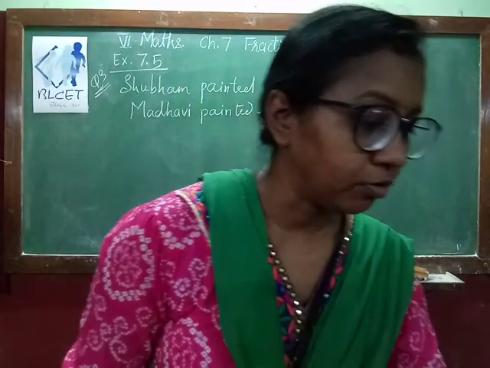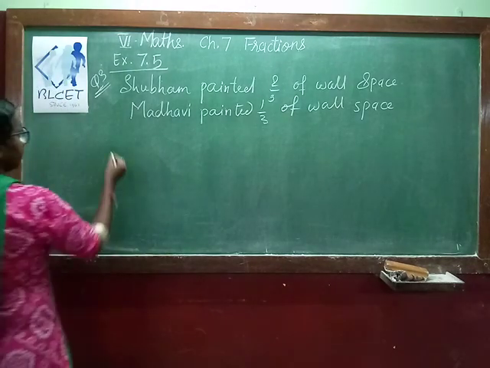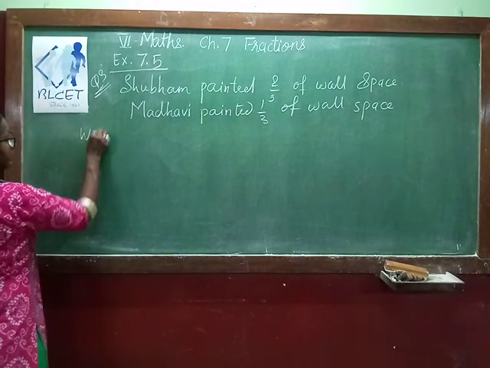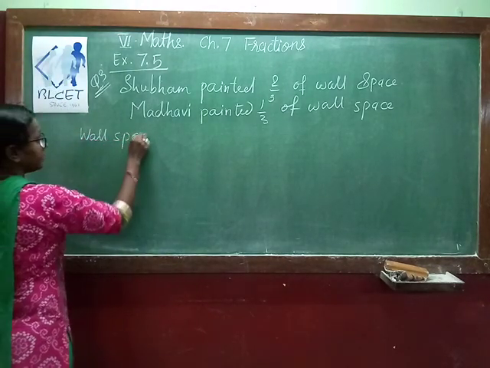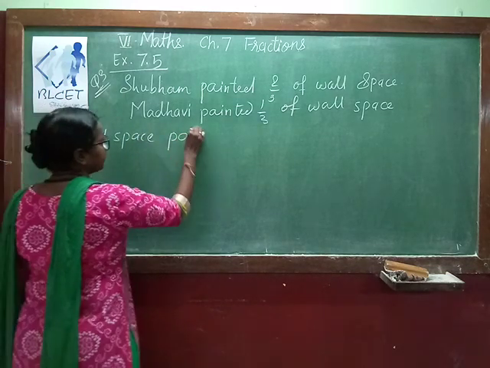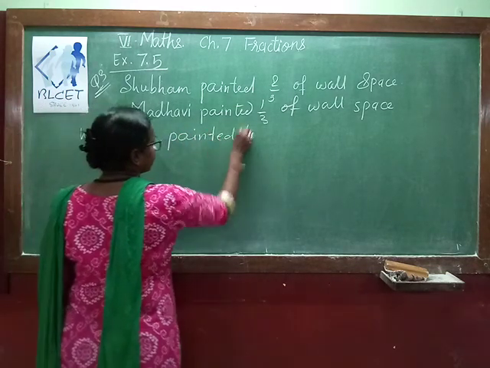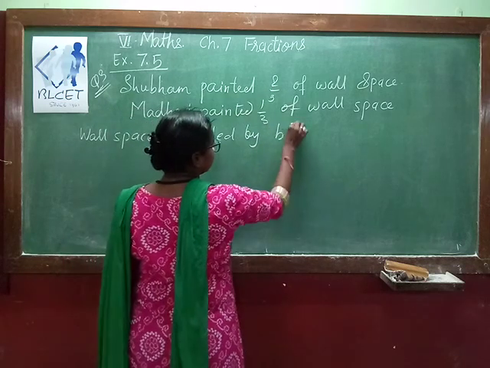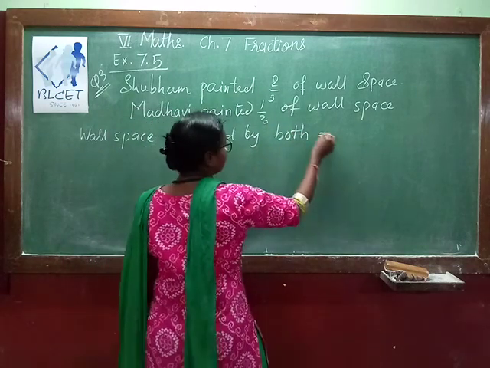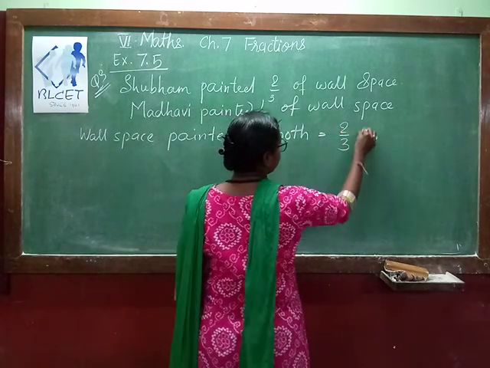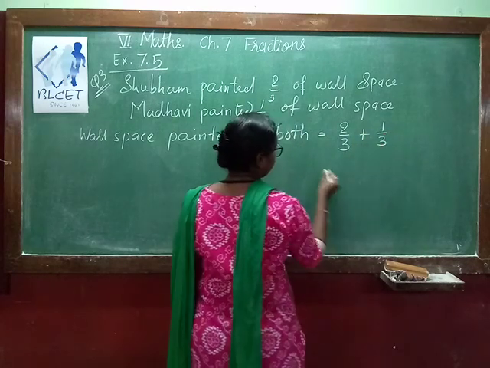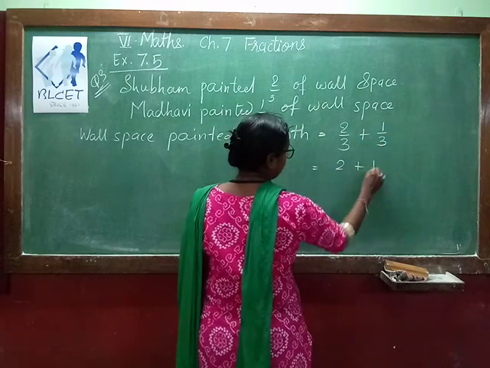So now what do we have to do together? So the wall space painted by both is equal to, we have to do addition, 2/3 plus 1/3, which is equal to 2 plus 1 divided